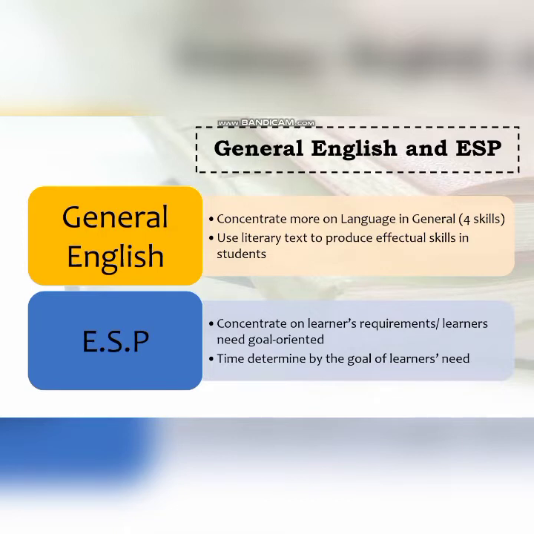In general English, they also use literary text to produce effectual skills in students. Jadi dalam kelas reading itu mereka bisa saja menggunakan teks literary untuk meningkatkan kemampuan mereka dalam berbahasa Inggris. Dan dalam ESP, time determined by the goal of learner's need. What does it mean? Dalam kelas ESP, mungkin dalam waktu 3 bulan atau beberapa bulan, siswa dituntut untuk bisa meningkatkan